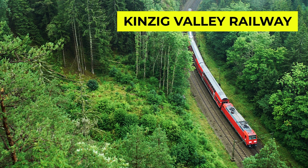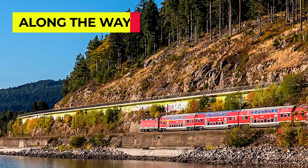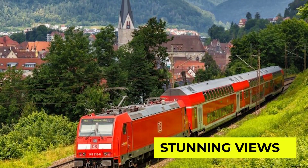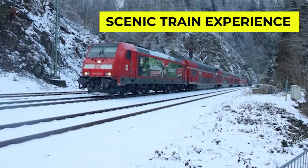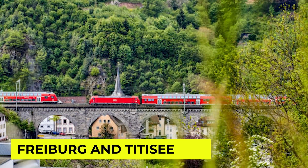The Black Forest Railway runs hourly between Karlsruhe and Constance, with stops at various charming towns and villages along the way, such as Himmelreich and Hinterzarten. The route provides stunning views of the Black Forest landscape, making it a popular choice for travelers seeking a scenic train experience. The train route is well connected with frequent services between the key locations such as Freiburg, and the